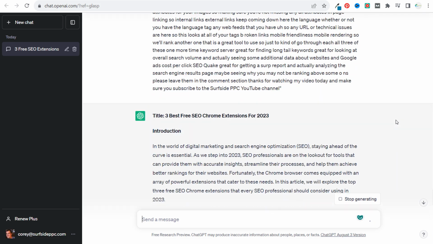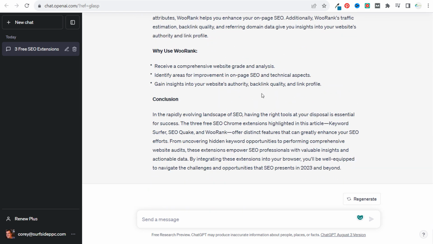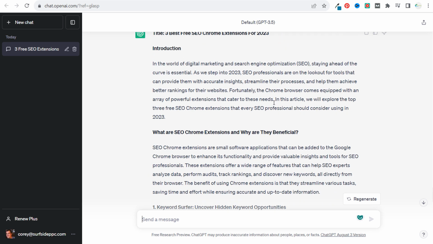So the reason why I like doing this, now I'm not a huge proponent of just mass AI content on your blog. I think it could be very useful as far as getting some content written, coming up with some type of initial blog outline, initial blog article that you can then go and edit. I'm not going to be spending a ton of time in this video editing this blog post because I just think that's pretty boring content in general. I really want to get you to the point of this, where we're looking at a couple different blog posts here. And what's really simple about this is if I add more free SEO Chrome extensions to the list,